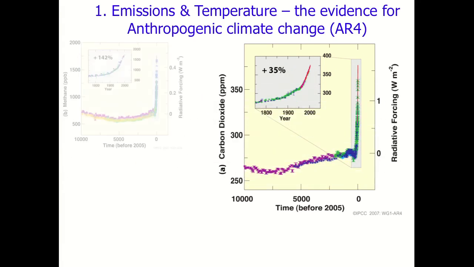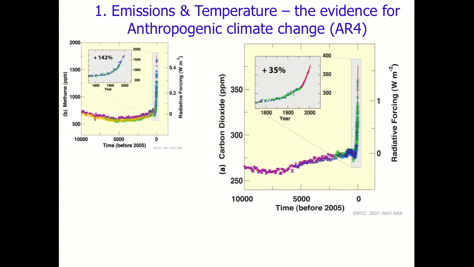If we move back to methane, you can see that again there's a very large increase in methane concentrations after the Industrial Revolution, around about 1750 onwards. And again, it's very likely that those increases in methane have been man-made. They're predominantly due to agricultural use, but also due to fossil fuel use as well.